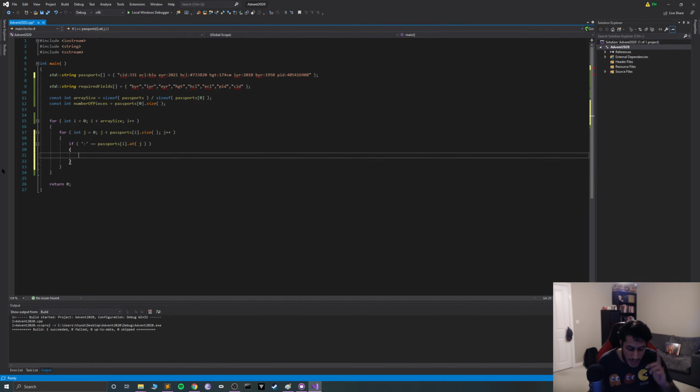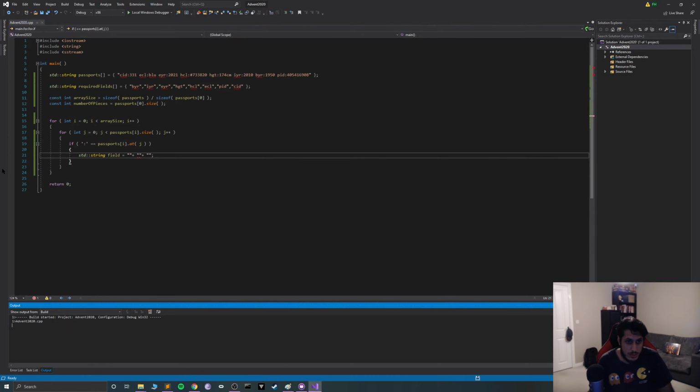So then we're going to have the first three characters. So we'll create a std::string, and this is going to be called field equals, can I concatenate with the plus? I can't remember. I don't think it's the comma, I think it is plus. With